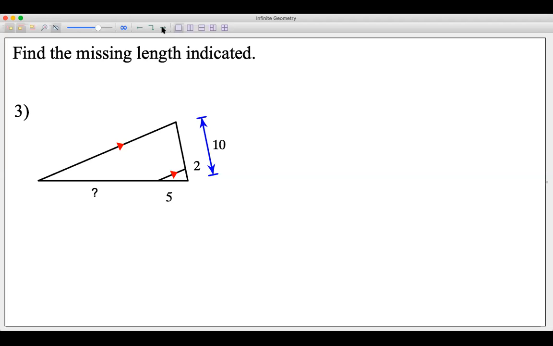Let's see. How about that? 1 to 2 to 3. This one's nice and friendly. And you set it equal to 180. Why? Because there's 180 degrees in a triangle. 1 plus 2 plus 3 is